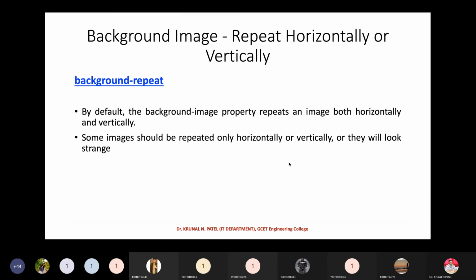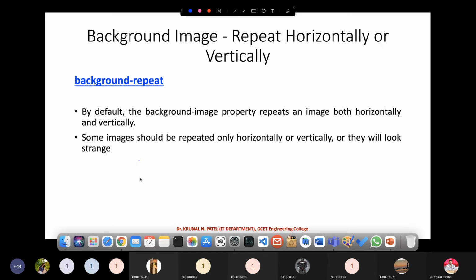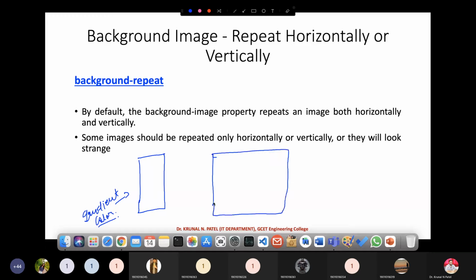Next, okay, now it's repeat. Repeat means, for example, let me tell you that this is my one image. This is my gradient color image. Now this is my screen, and I want to put this particular image on my screen. So I can put it like this.